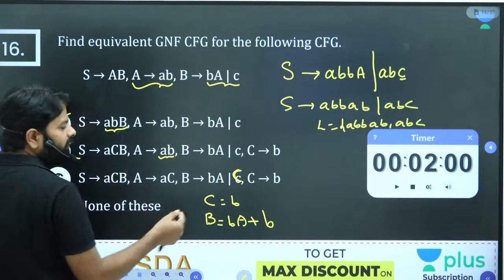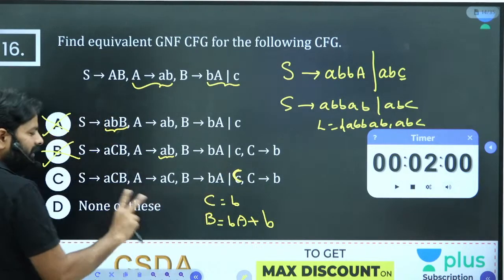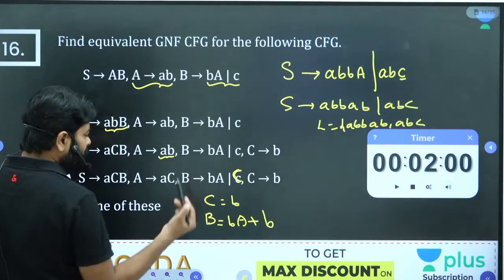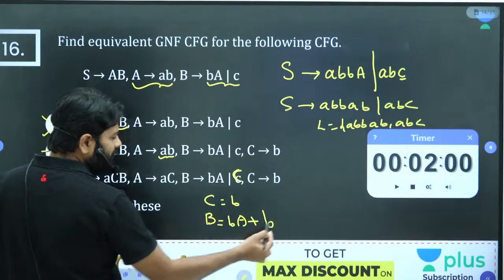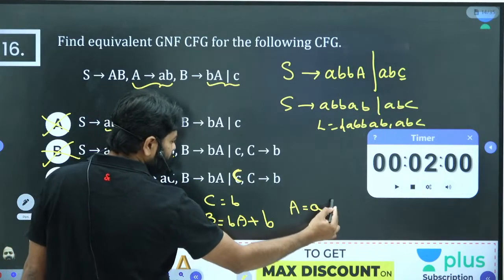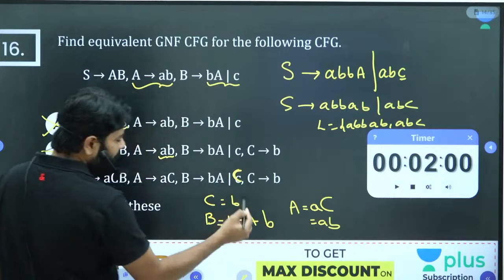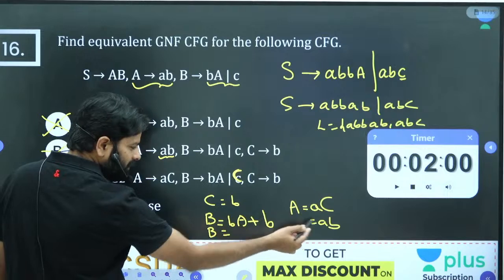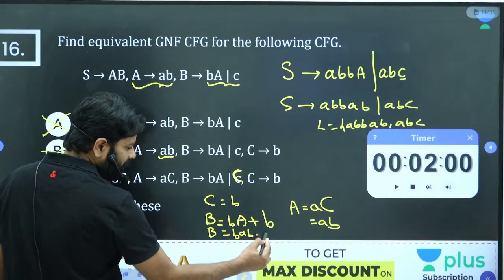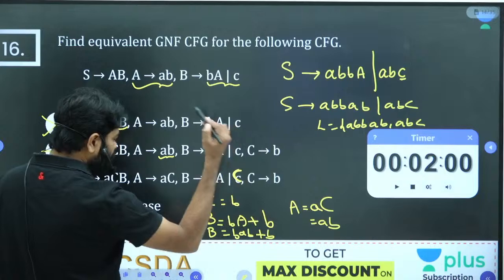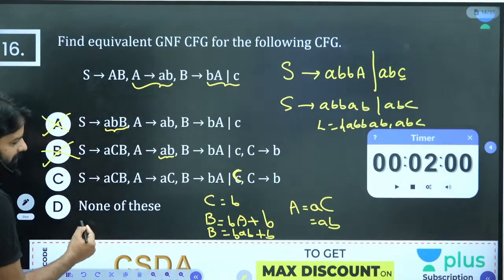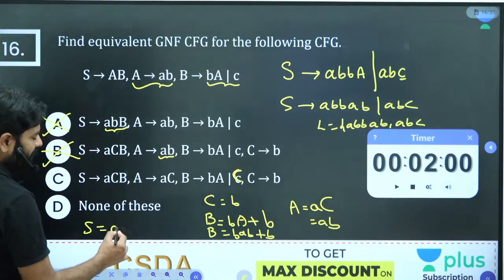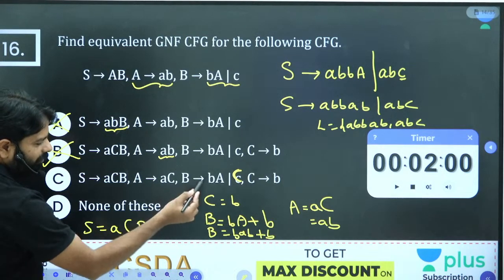So I'm doing one more thing. Small c, we put capital C and look at whether this is matching. Now B we got, C we got, and A is AC. AC means AB. We know now ABC. B also we can solve here itself. What is B? B capital A is what? Small AB. So B is AB plus B. Now we got C, B and A also. Now put directly in S. What is S? S is equal to ACB. ACB. What is C? You have B.